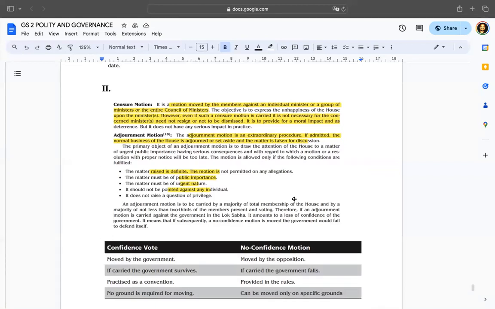And the last closure motion is guillotine. This also appeared in the prelims exam number of times, guillotine closure. इसका मतलब होता है कि जब आपके अनडिस्कस्ड क्लॉज जो हैं वो और जो डिस्कस्ड है वो दोनों को एक कैटेगरी के अंदर मानकर कि सारे ही डिस्कस कर दिए हमने, तो आप वोट डाल के पास करवाइए, डिबेट बंद करवाइए, इसको बोला जाता है गिलोटाइन क्लोजर।